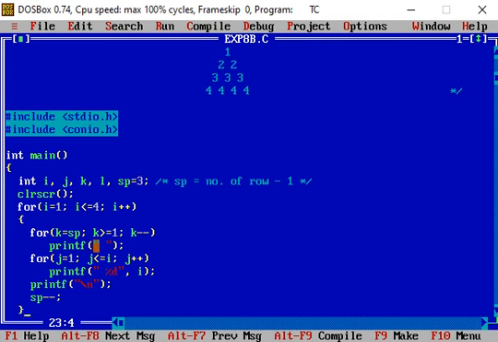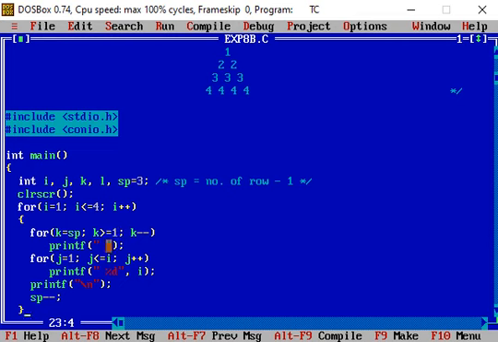k greater than or equal to 1. So this condition is true for 3, 2 and 1, that is 3 times. And here we are decrementing the value of k. So the first time the condition is true, that is k is greater than or equal to 1.